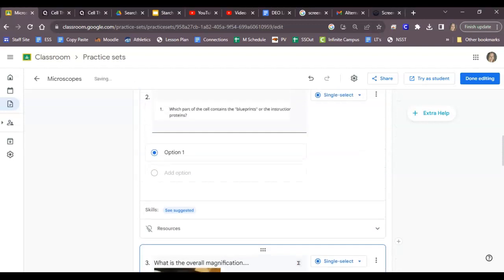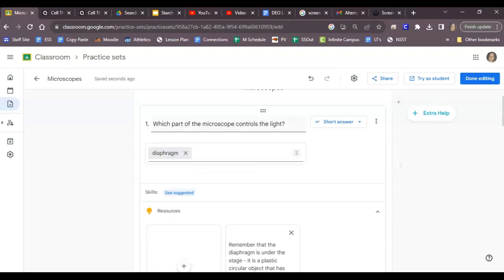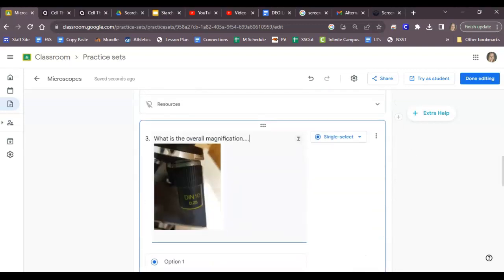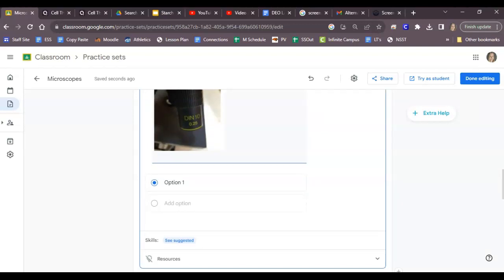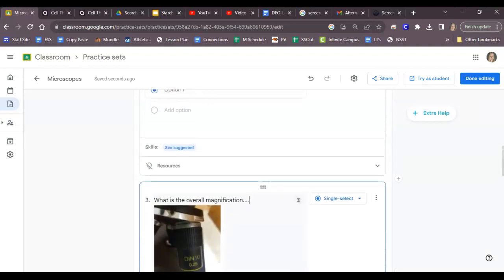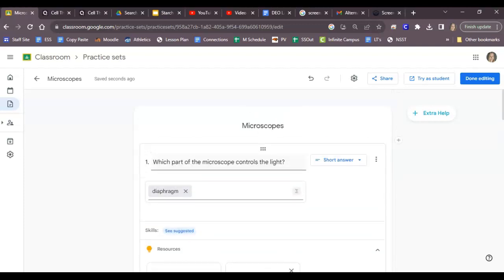The only couple downfalls about this: you cannot have pictures as your answers. I know I could do that in quizzes. You cannot randomize questions yet. Hoping Google will add that feature. You cannot randomize answers yet. So make sure you randomize them. And then the last thing, when you're done editing,